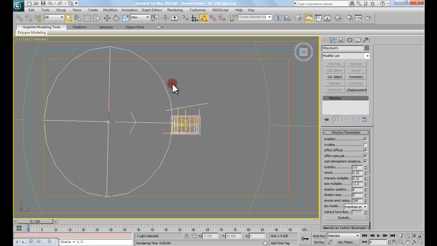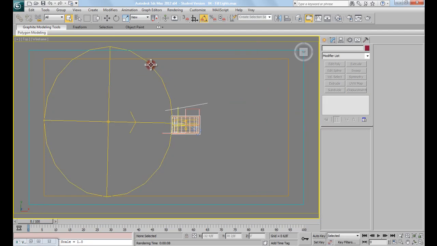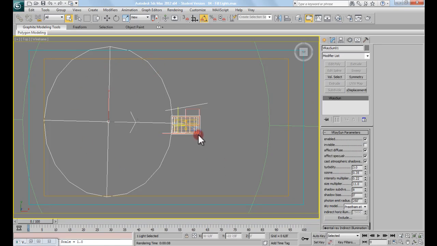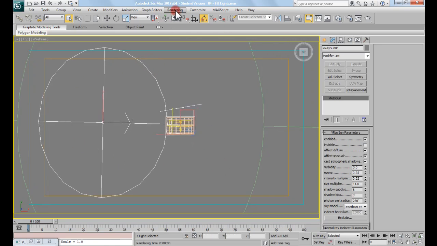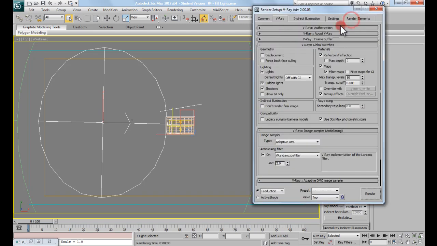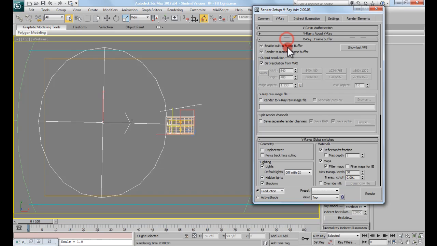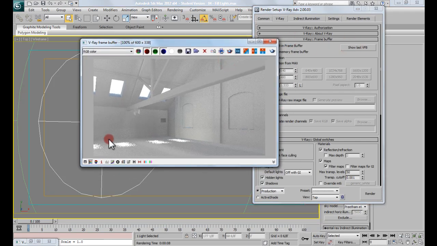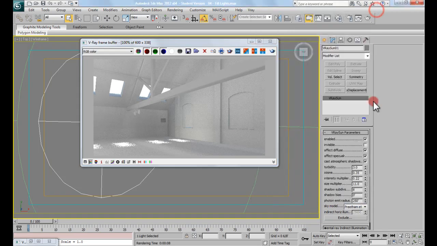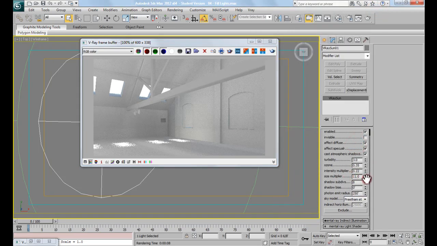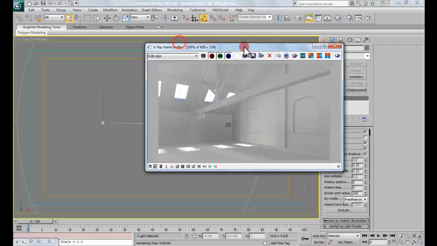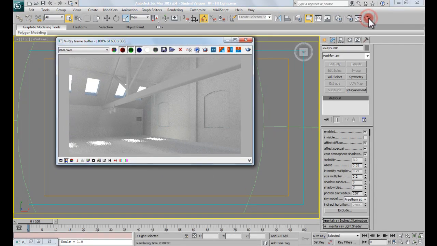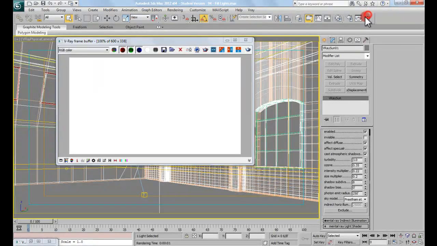One last thing that I didn't talk about in the last scene, which I can notice here, is my sun is quite a bit larger. And that's because if I go back to my render setup and I come to my frame buffer, if I pull that window back up here, basically making my sun super large like that, if I scroll down here, it's under the size multiplier, I have a value of 11. That's going to give me a really soft, kind of fuzzy value around the light that's coming in. If I turn this to something like 0.2, which I think is what it was set up in the last file, it was fairly small. If I go back into my camera view and hit render,